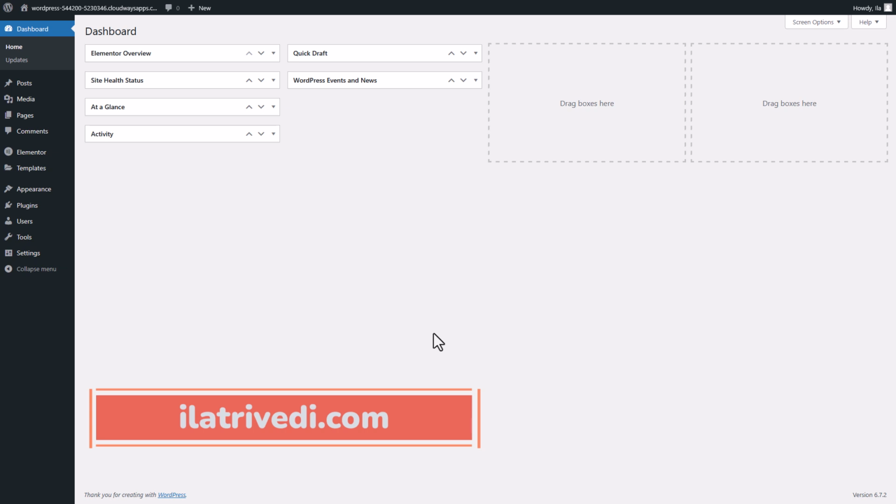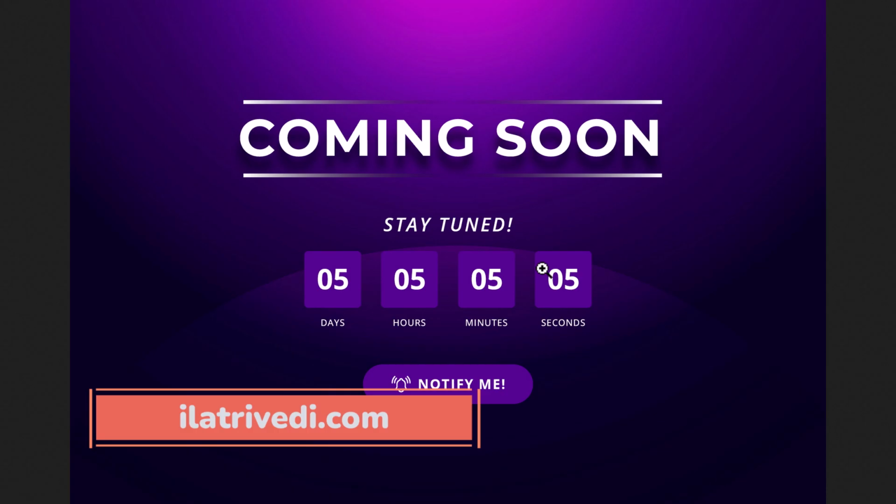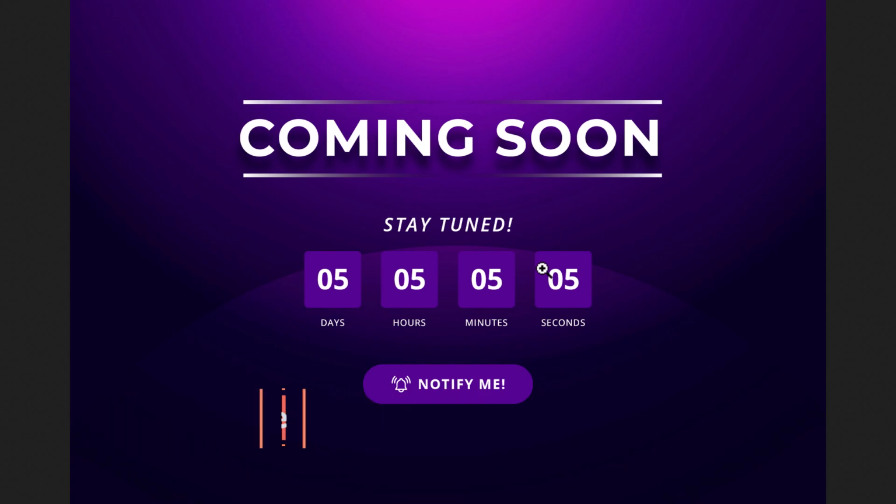So let me show you the mockup. This is something we are trying to achieve. As you can see here we have some design elements. We have a countdown timer, so we are showing how much time is left to launch a website, product or services. Here we have one call to action, so whenever a visitor comes to this page and clicks on it,